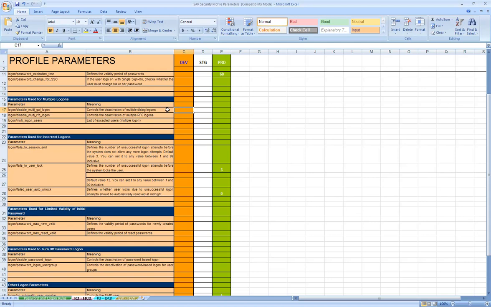When you set this parameter, let's say you log in with your ID on a particular terminal, you cannot go to some other terminal, other desktop or laptop and try to log on with your own ID.